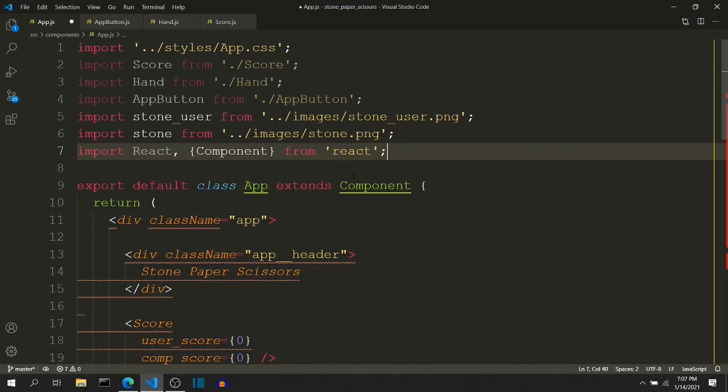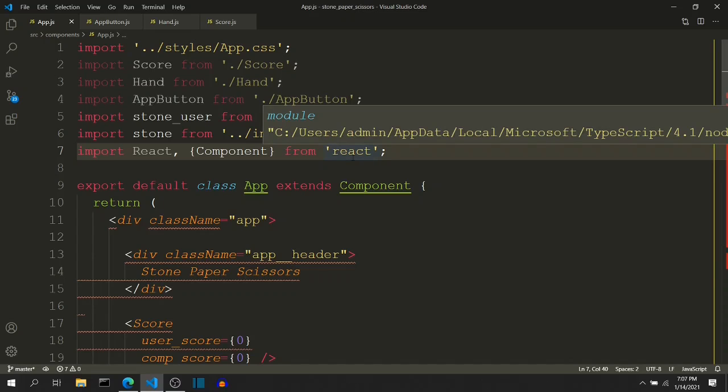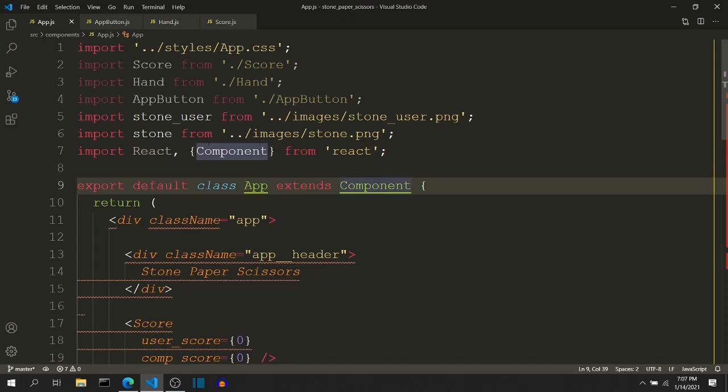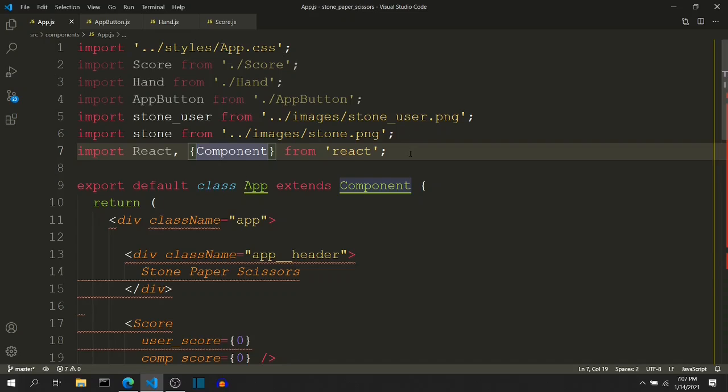So till now, when we were using functional component, we did not need to import this React library, because that was by default. But when we are using React states and this class component, we have to import that explicitly.